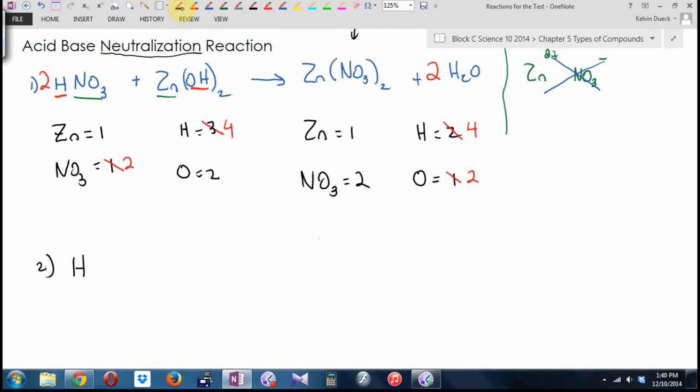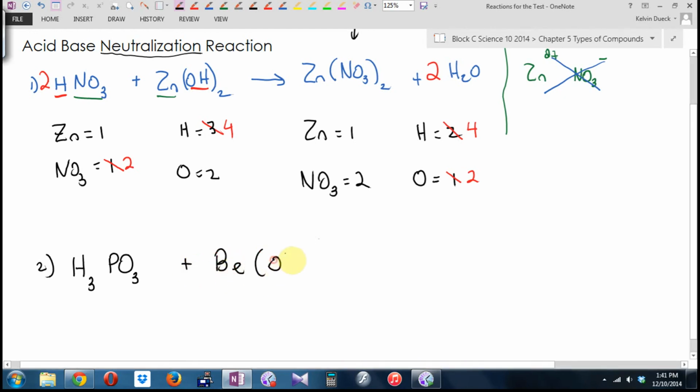Where am I going here? H3PO3 combined with, how do I know that's an acid? Starts with a hydrogen. And so in this unit, that's going to be an acid. There are other things that start with hydrogen, but not in grade 10. Plus, I'm trying to do some quick rearranging. Be(OH)2 gives